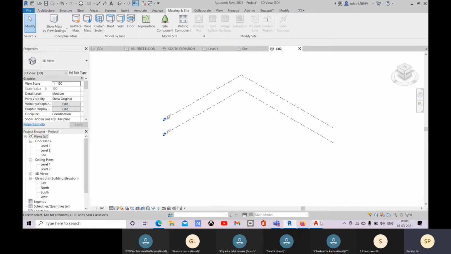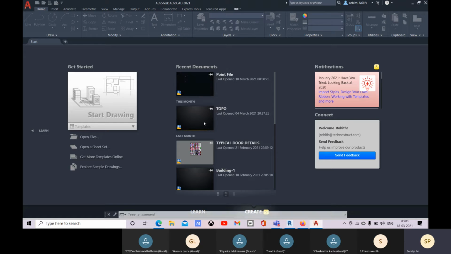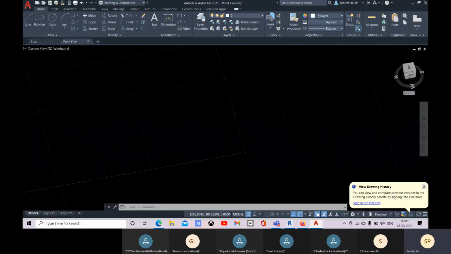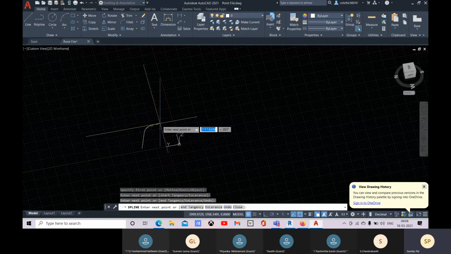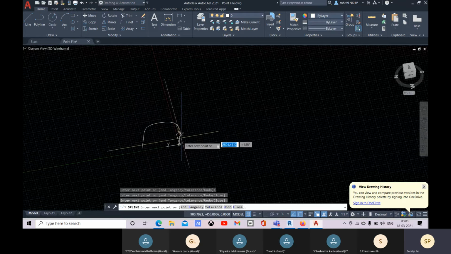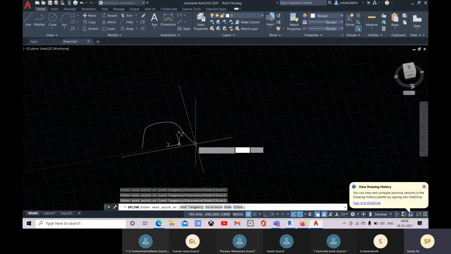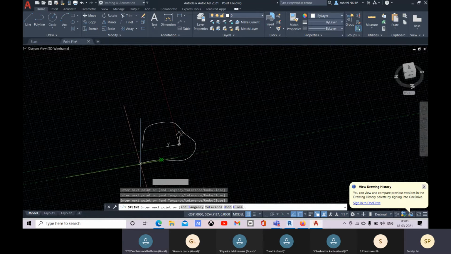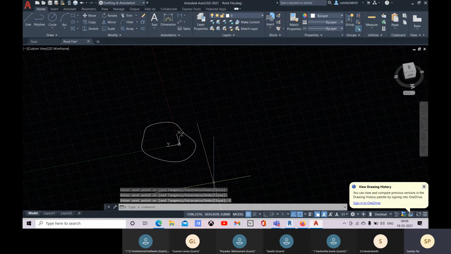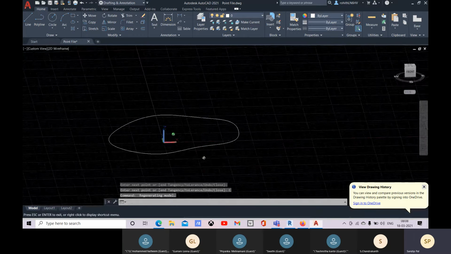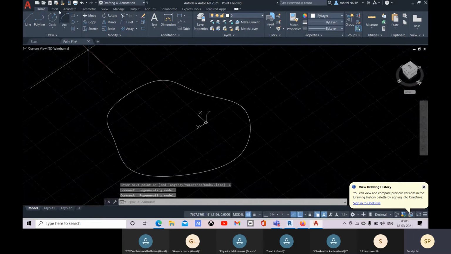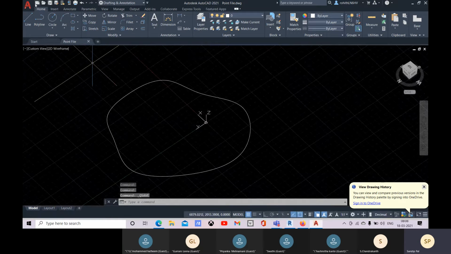Let me delete and let me come to this AutoCAD over there and let me check with this spline. Let me check it. Spline fit. So this point to this point. And let's go for close. So this should be the surface. This kind of surface should be created like that. Let me save this,